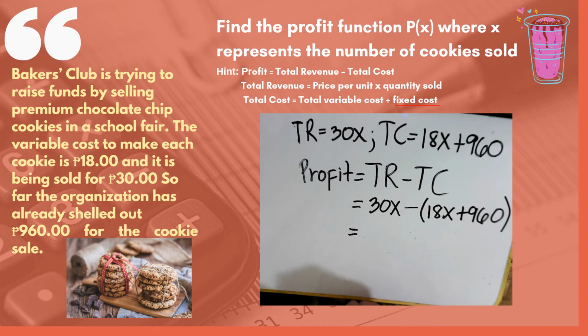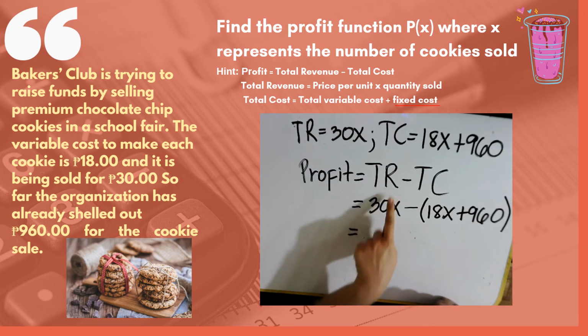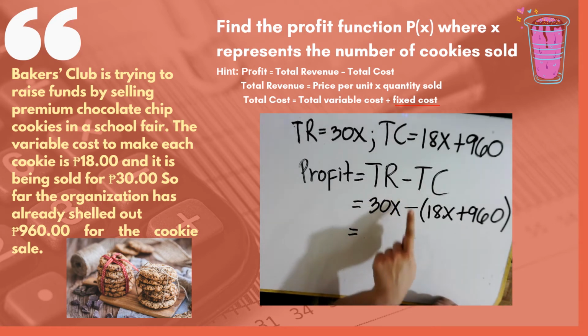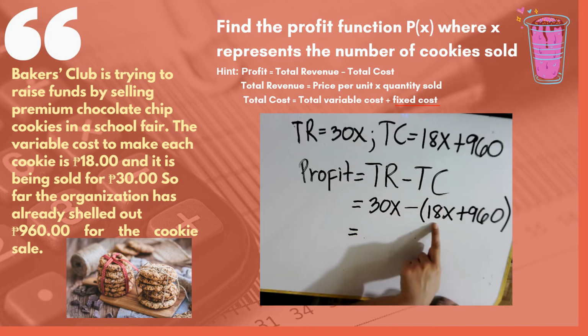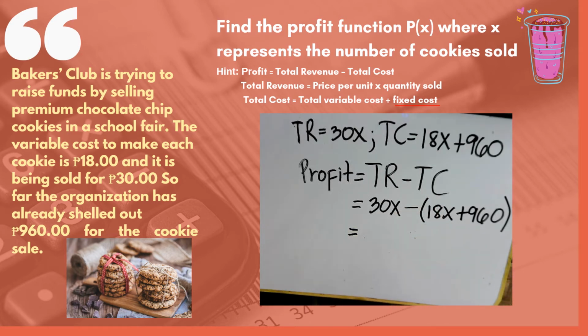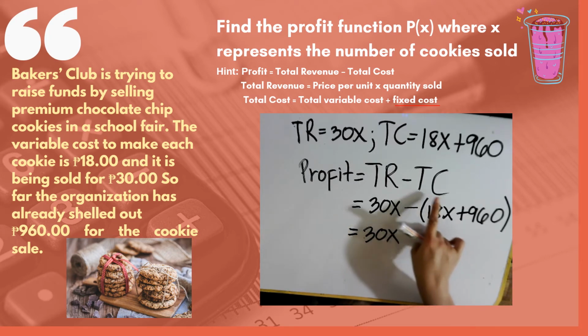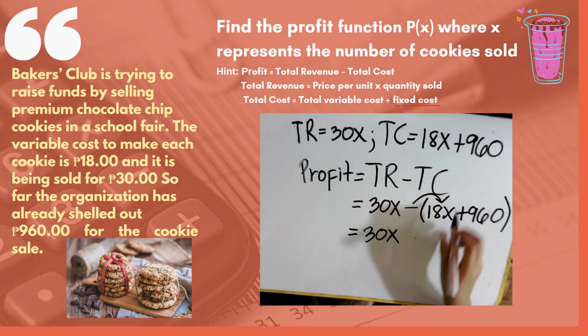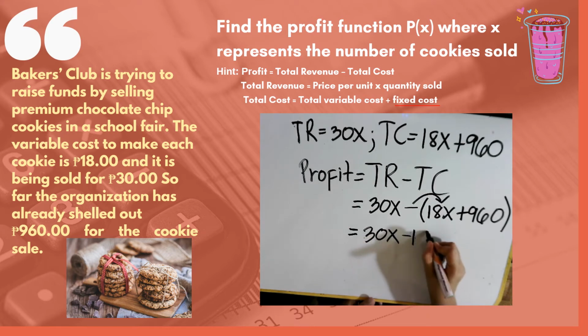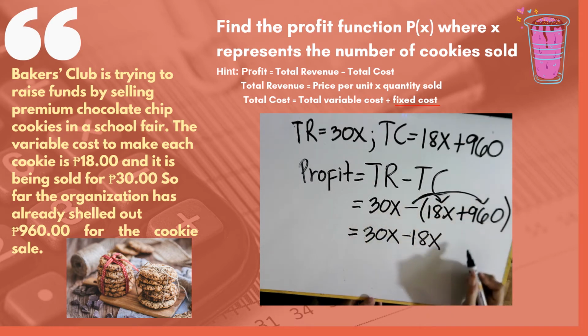So, the next step here is to distribute the negative sign. We will just copy 30x and then negative times 18x is equal to negative 18x. And then negative times positive 960 is equal to negative